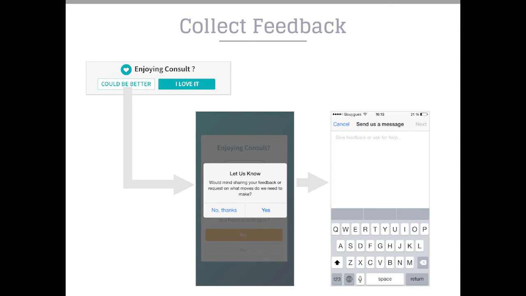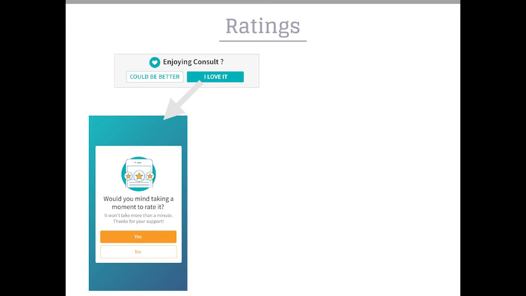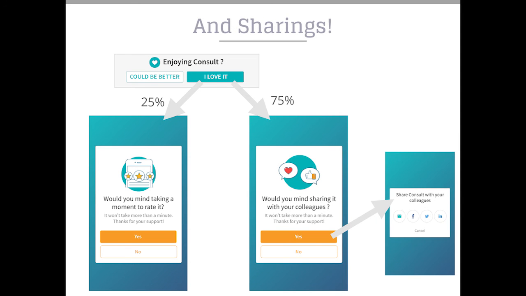So the collect feedback, you already had it. If they don't like it, they will give us feedback, and that works. And if they are happy, of course we ask for ratings as seen earlier, but when we have enough ratings, we also ask for sharing. So we just keep a few people for ratings, we do have an algorithm to do that, but we ask them for sharing a lot. We don't have results yet because we just built that, but I find the mechanics quite amazing. It's a really new growth hack.